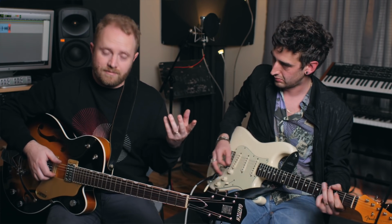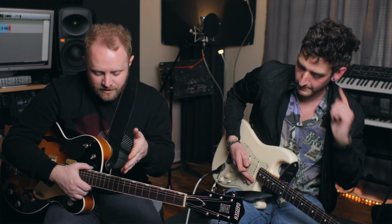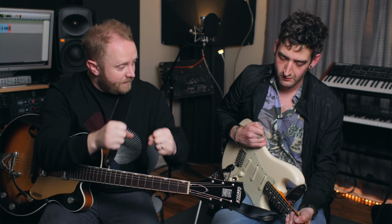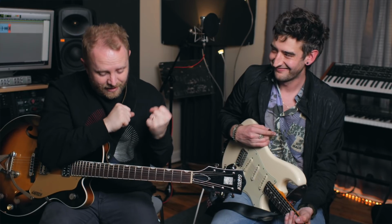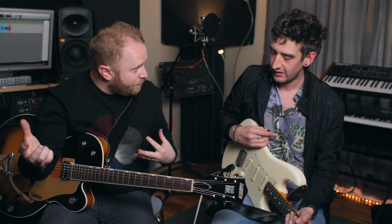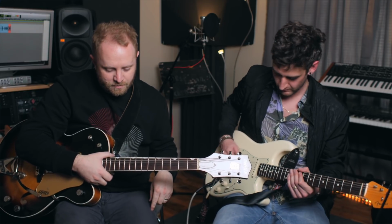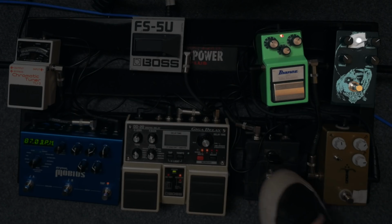A reason for that is the Morning Glory, since it's before the Tube Screamer, is driving the input to the Tube Screamer. And the Tube Screamer only has a certain amount of headroom within the pedal itself. So it's driving the input of that Tube Screamer, and it's getting all saturated and fuzzy, but it's not really outputting a lot more volume. It's soaking a lot of the output. Whereas this boost, which is just a clean...